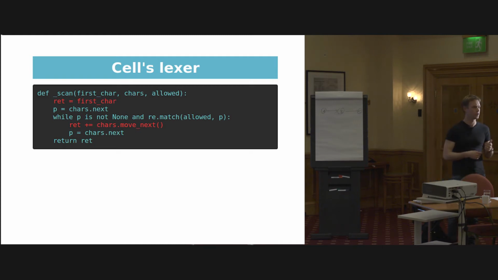We've already got the first character in this case. When we were scanning the string, we had a quote symbol, so we didn't need that to be in the value. But here we've got one of the characters of the number. So we put that into our ret value, and then we just loop through all the characters until we get to something that's not allowed,